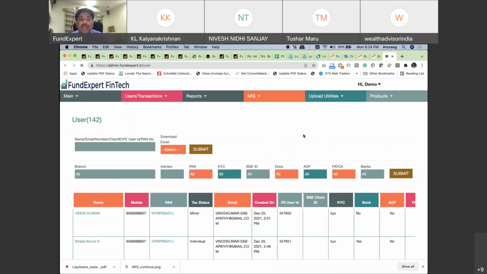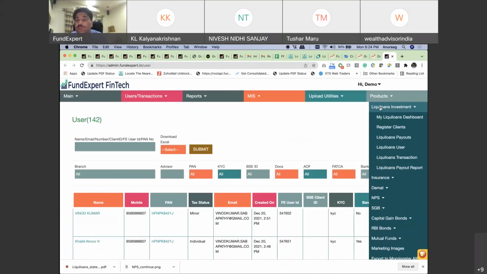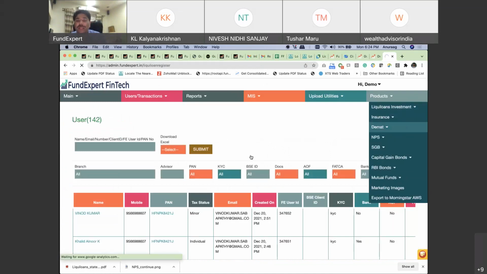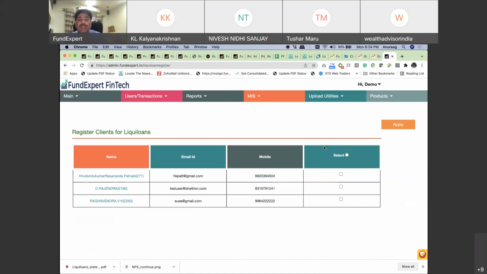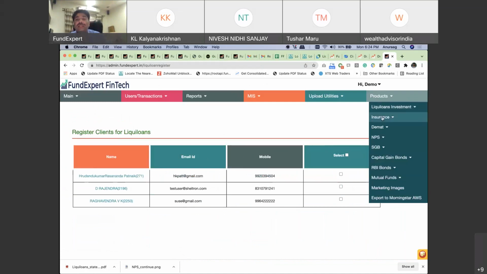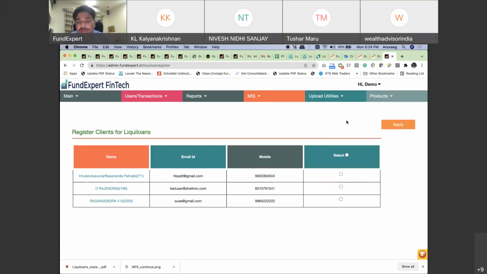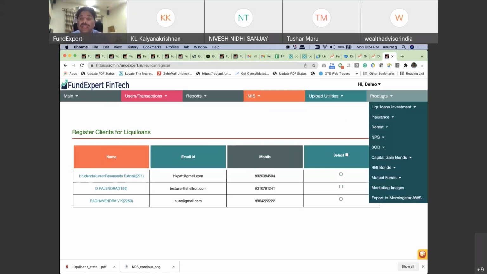If I go to Liquid Loans, register client, whatever clients have been registered under me are now locked for investment to me. Tomorrow, even if these clients don't invest today, they may decide they'd like to invest, because Liquid Loans will in due course come on TV and be marketed by other people. He can hear this from anywhere and then decide to invest.